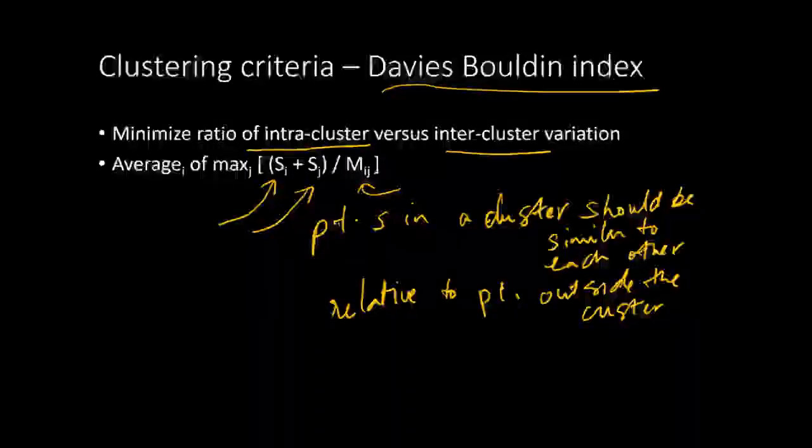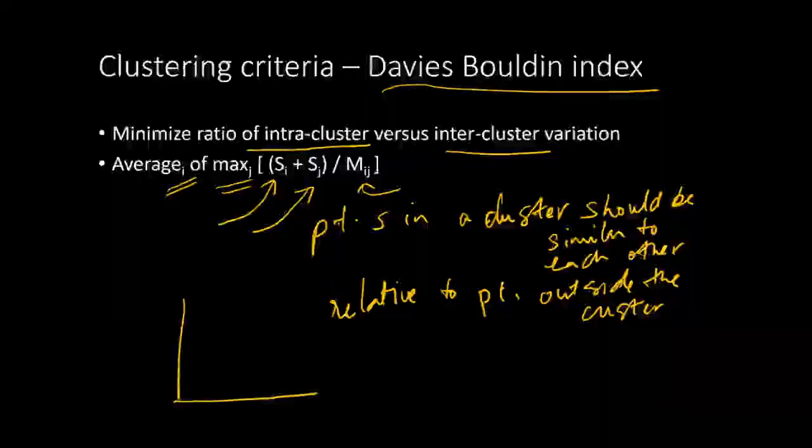Or we can take the distance between their centroids. Mij could be the distance between the centroids of cluster I and cluster J, or it could be the variance of cluster I and cluster J points taken together. One is computationally more efficient, whereas the other could have nicer mathematical properties. So we will take these ratios, and we will take the maximum of that over all other possible clusters for the ith cluster. I and J are cluster indices. We will take that average over all clusters, and we want to minimize it. So this will be your DB index, and this will be your number of clusters.